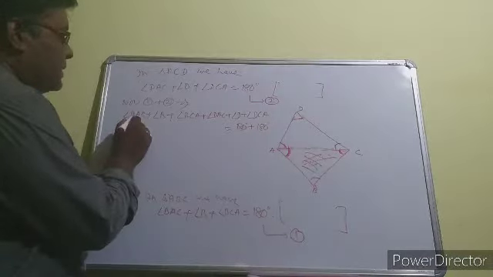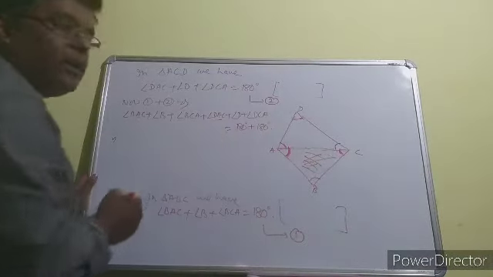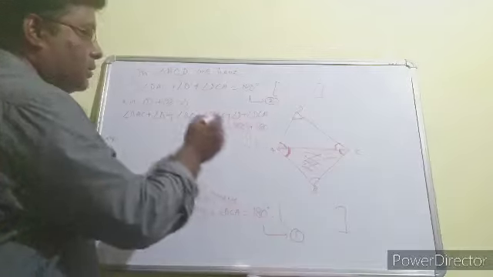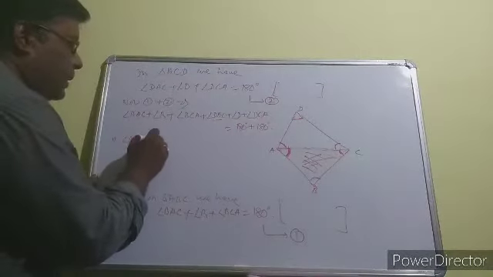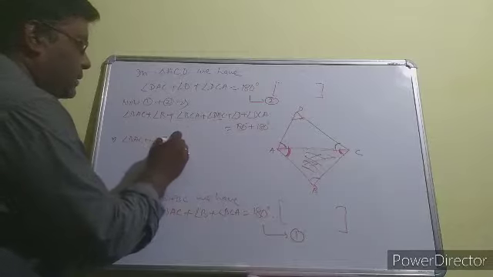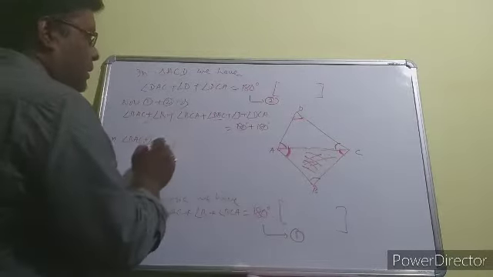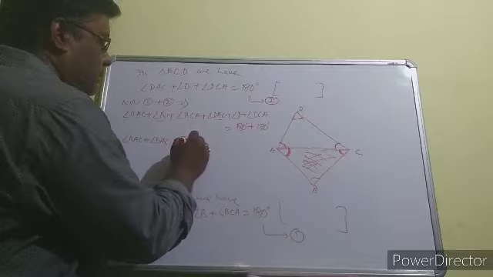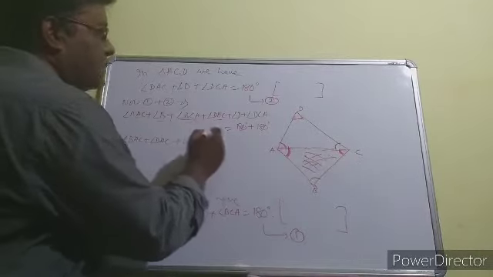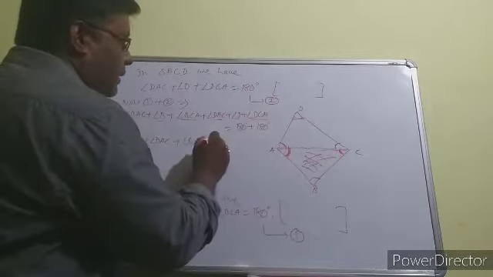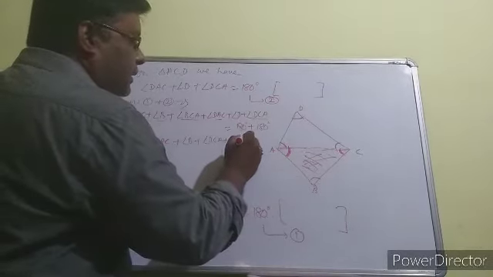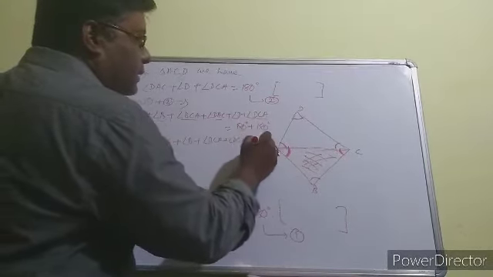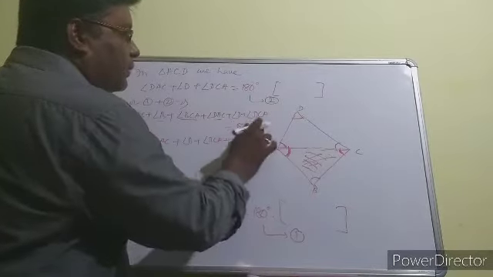Implies this BAC means angle A and DAC means also angle A, this angle. So write them together: angle BAC plus angle DAC plus angle B plus angle BCA plus angle DCA plus this angle D is equal to 180 plus 180